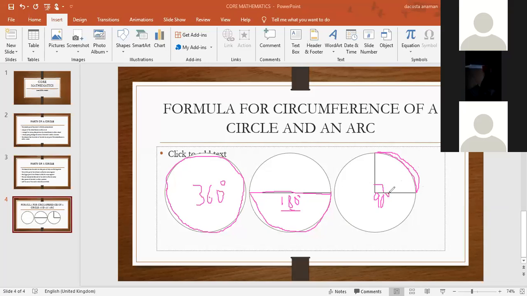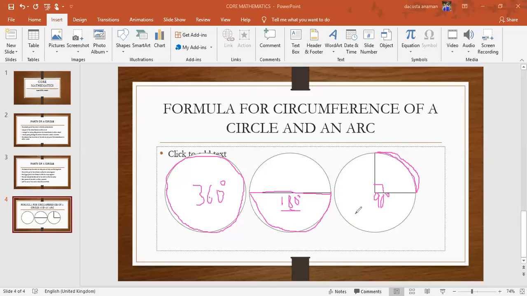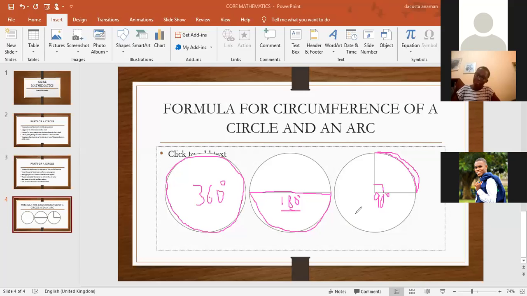It is 90 degrees. So as you can see from these three examples, if you are asked to find the circumference of a circle, it can also depend on the angle at which you are finding that circumference. If it is 360 degrees, you are finding the whole circle. If it is 180 degrees, you are finding a certain portion, that's a half of that circle. And if it is 90 degrees, you are finding a quadrant, a quarter of that circle. Therefore,